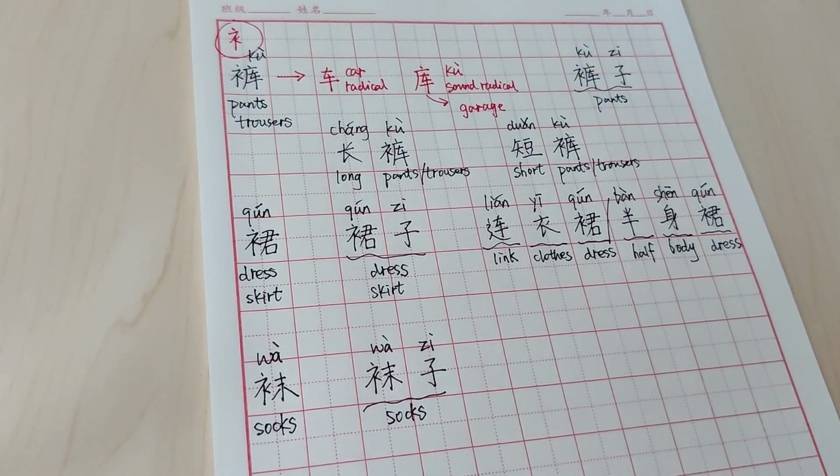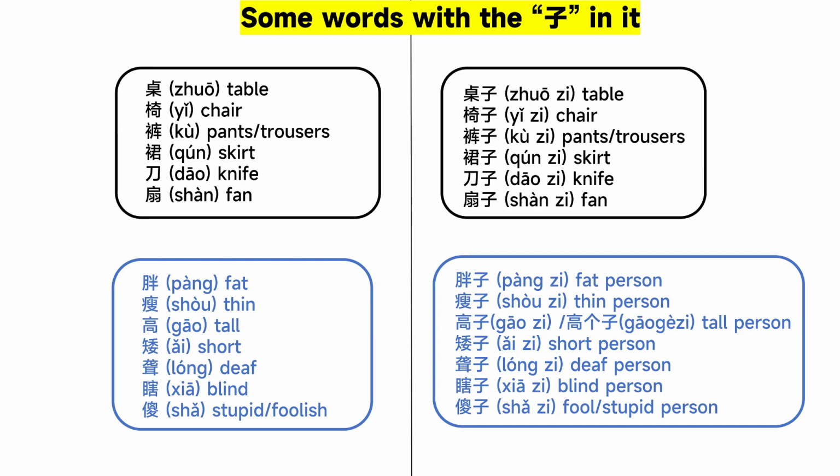Is it necessary? Actually, it is necessary in modern Chinese. Let me show you some example. As you can see on the left side, these are the word without the 子, and they're completely fine. They have their own meaning. But in modern Chinese, we prefer to say them with the 子. There are mainly two reasons. Reason number one is that we can turn a single syllable words into a double syllable words, which make it